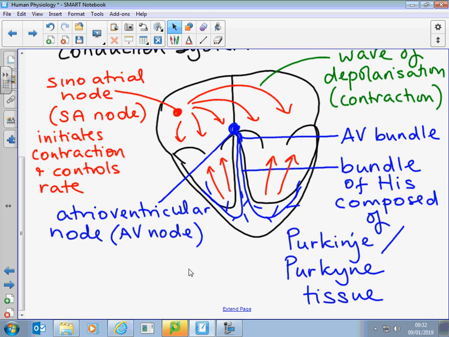And the problem with that is if it goes that fast, it doesn't have time to fill. And this is why, when I said that the diastole is equally important as the systole, that's the problem. Your heart starts going so fast that it's just contracting. It's not actually getting any blood going into it. So your blood pressure drops to virtually nothing because nothing's being pumped out.